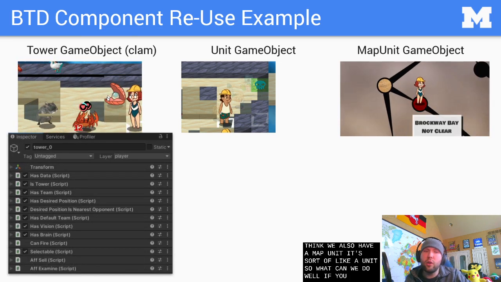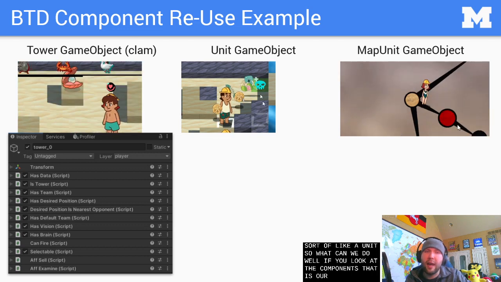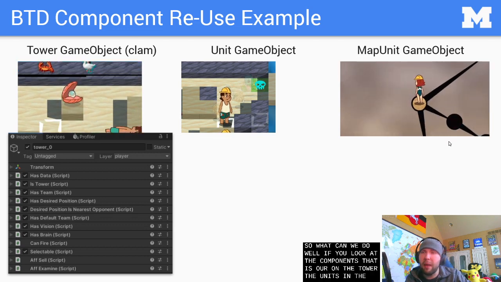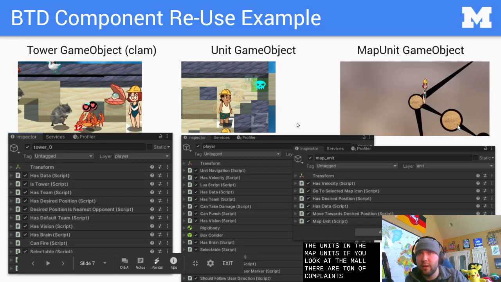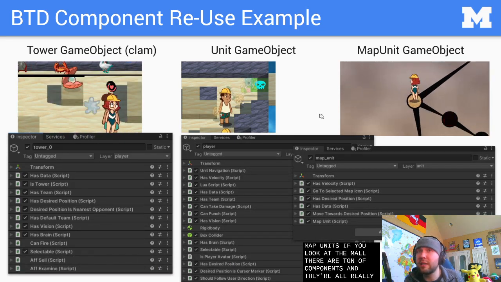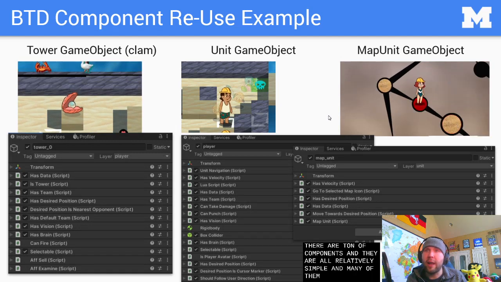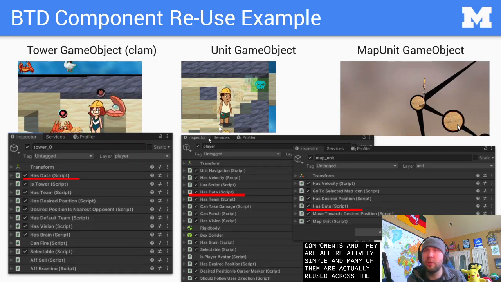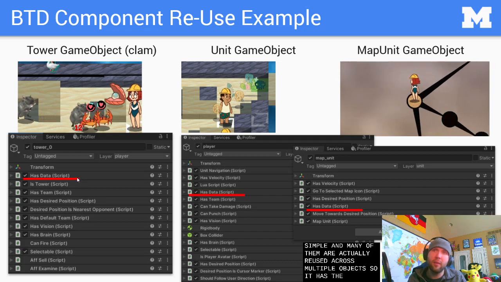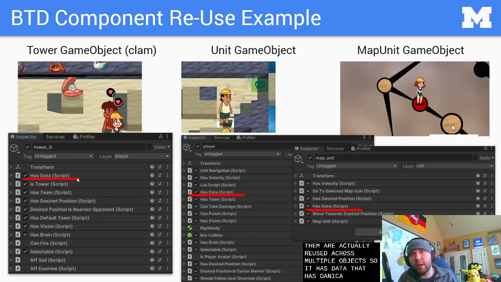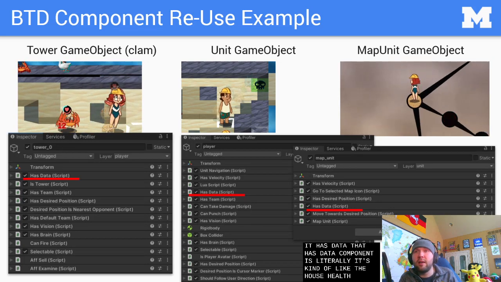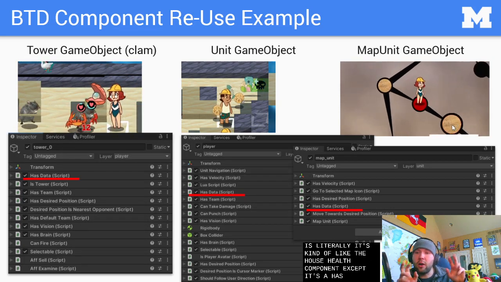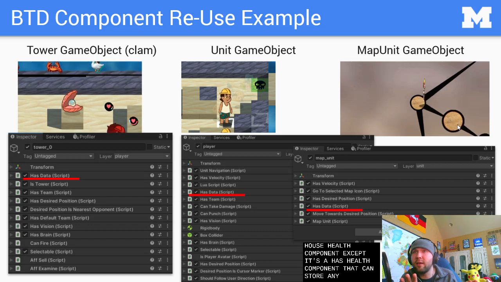Well, if you look at the components that are on the tower, the units, and the map units, there are a ton of components, and they're all relatively simple, and many of them are actually reused across multiple objects. So has data. The has data component is kind of like the has health component, except it can store any statistic.